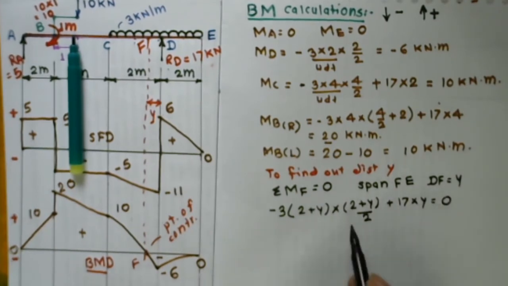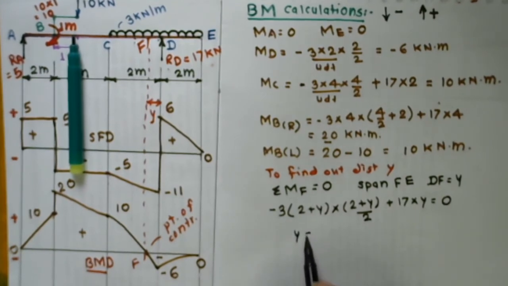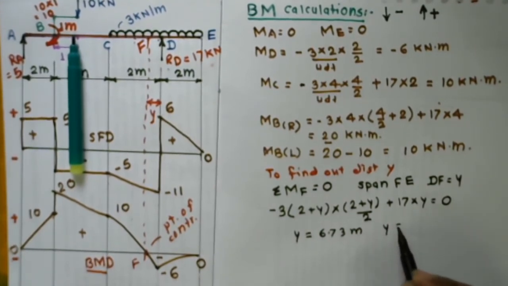So after this you will get a quadratic equation, a 2-degree equation. So here you will get two values, y is equal to